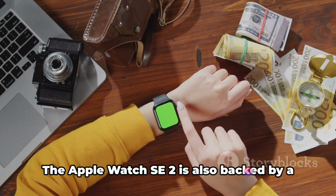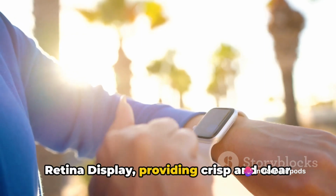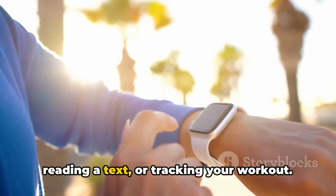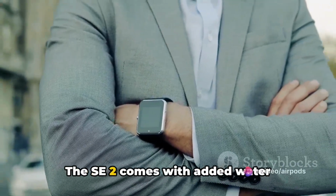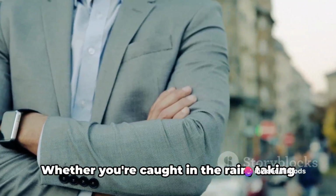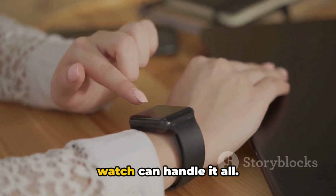after the fall. The Apple Watch SE2 is also backed by a Retina display, providing crisp and clear visuals whether you're checking the time, reading a text, or tracking your workout. But what about durability? Well, Apple has you covered there too. The SE2 comes with added water resistance, making it perfect for daily wear. Whether you're caught in the rain, taking a shower, or even going for a swim, this watch can handle it